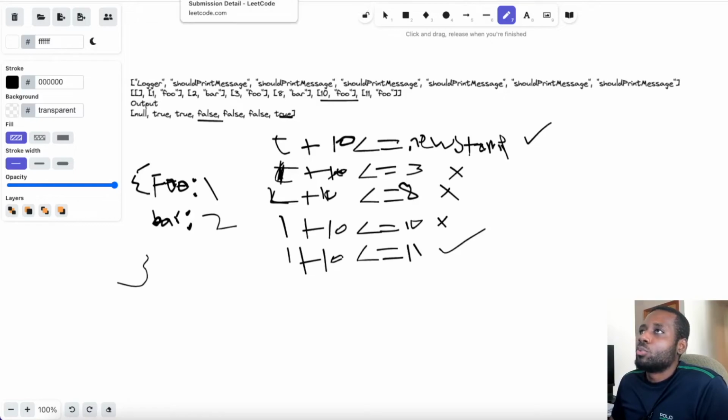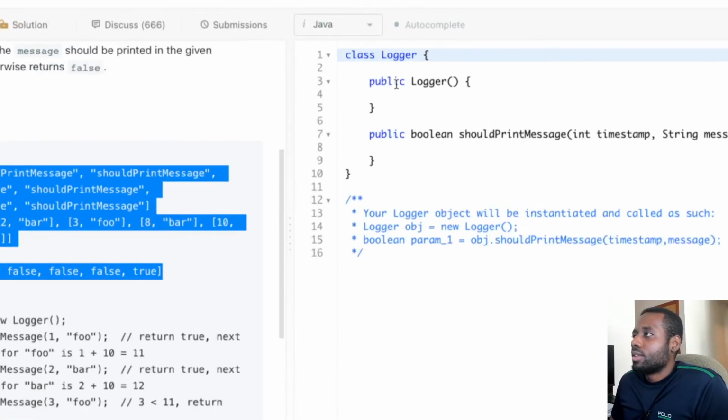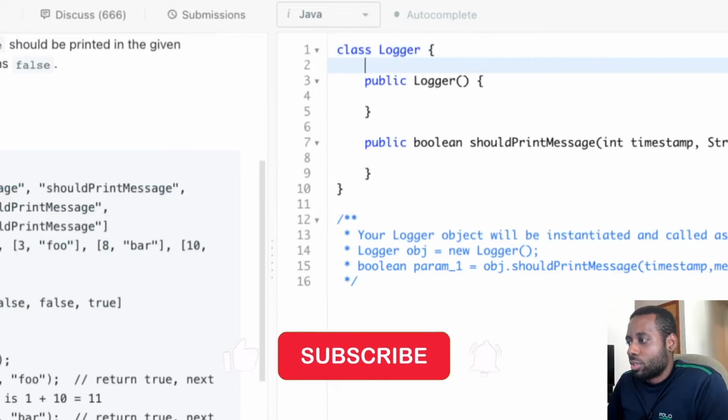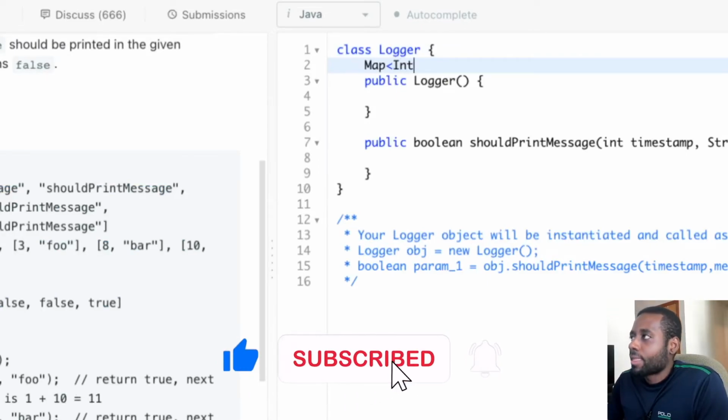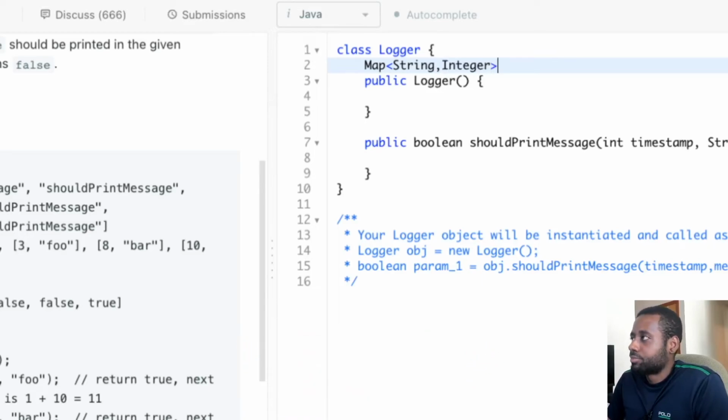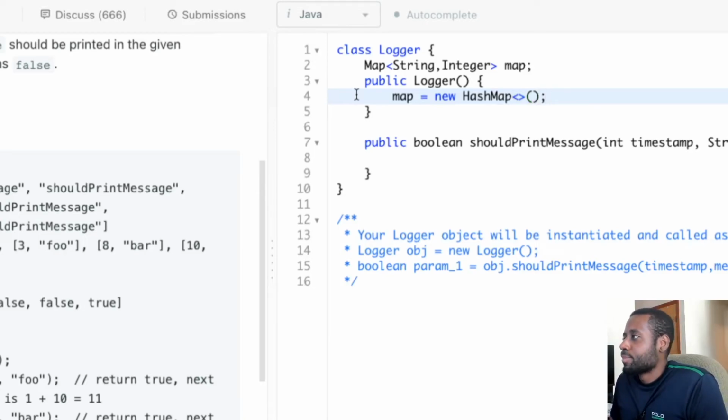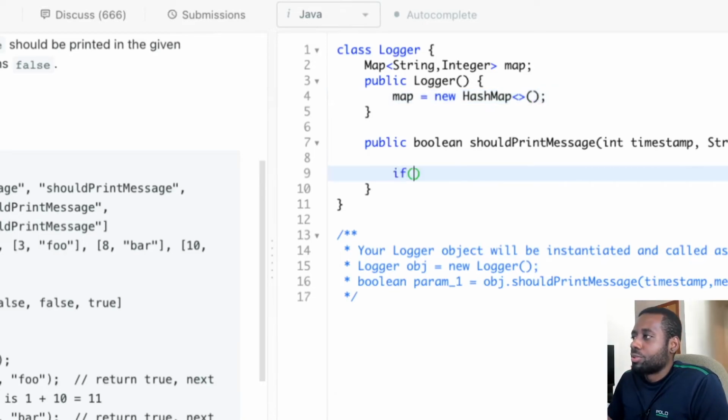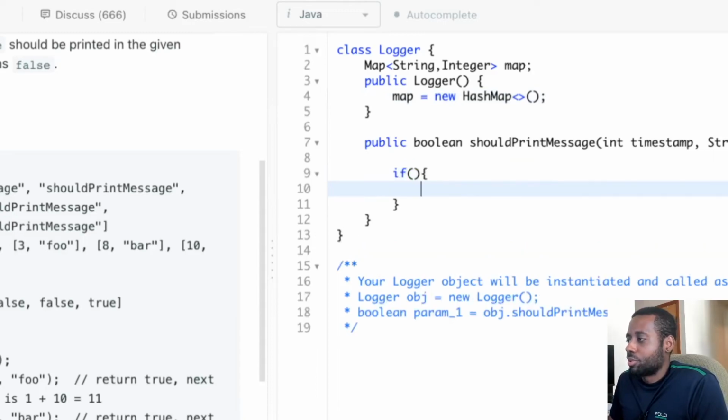So if we were able to get the intuition, guys, pretty much what we're gonna start with is our map. It's gonna be a string, which is the message, and then the integer. Call it map. So map is going to be a new hash map. And then this is where the thing becomes interesting, guys. So what we're gonna do: if the map contains the message,